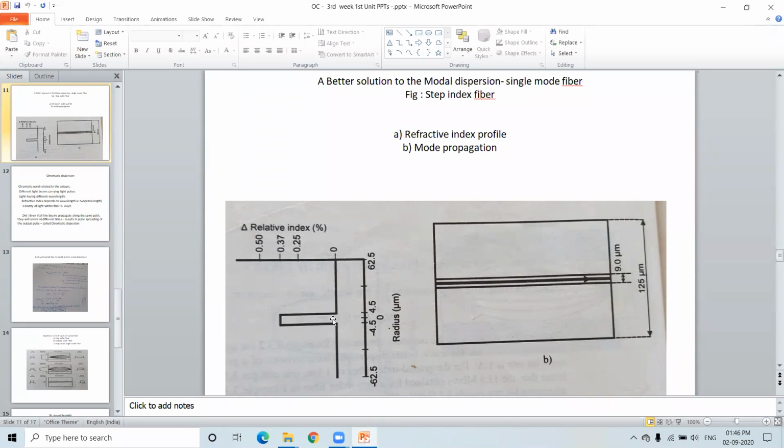For the light to travel in a single mode, the whole light has to travel in a single mode, which is possible by reducing the core diameter to 9 micrometers. You can also see here in the earlier case 62.5, 31.25, 62.5 core diameter